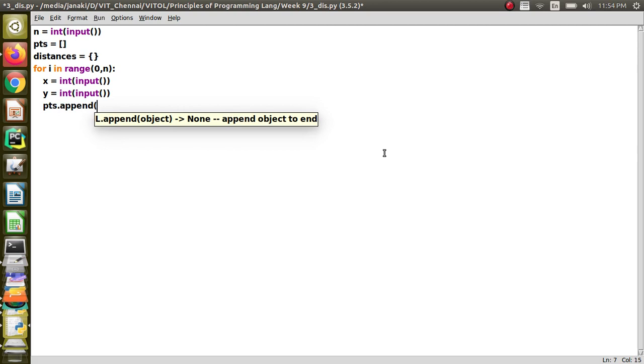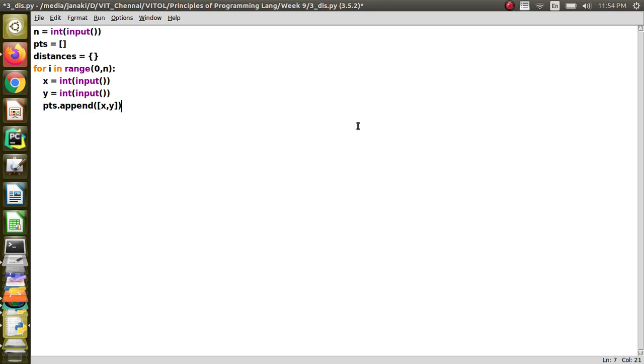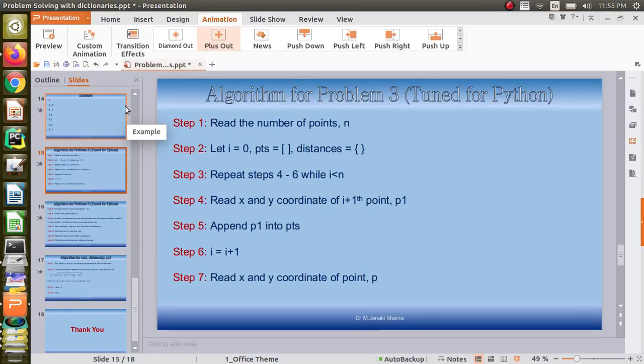When I am appending, I have to give x, y within the square brackets, because we have seen that for each point we are going to have a list of length 2. The first will be the x coordinate, second will be the y coordinate. So when we are going to append, you should put it within the square brackets, right. So now the n points are read.